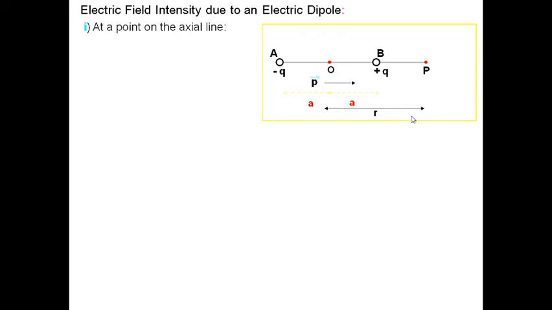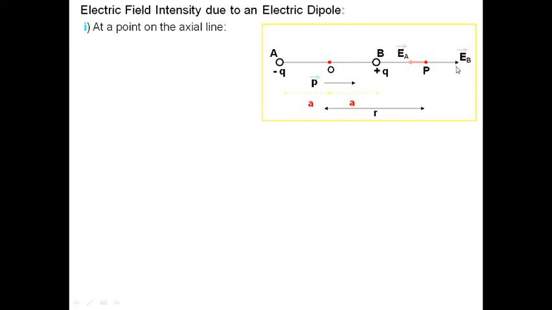At the point P, in order to determine the direction of the total electric field, we have to represent the direction of the electric field due to the minus q charge, which is placed at point A. I represent it as EA, because for a negative charge the field lines are radially inward, towards the charge. Due to the plus charge at point B, EB is in the outward direction. So EA and EB represent the electric field due to minus q and plus q charges at point P. Now these two fields are in opposite direction.